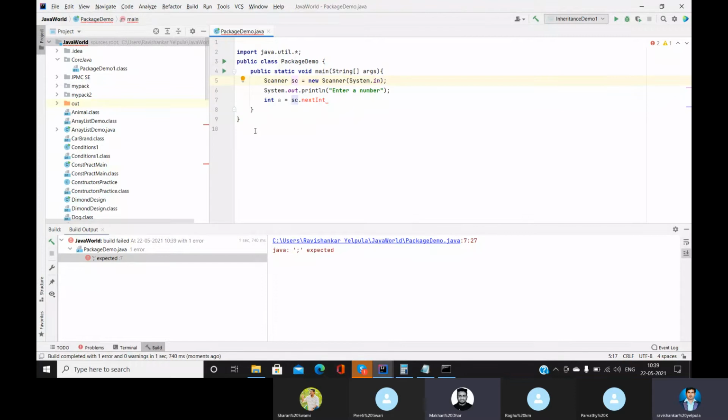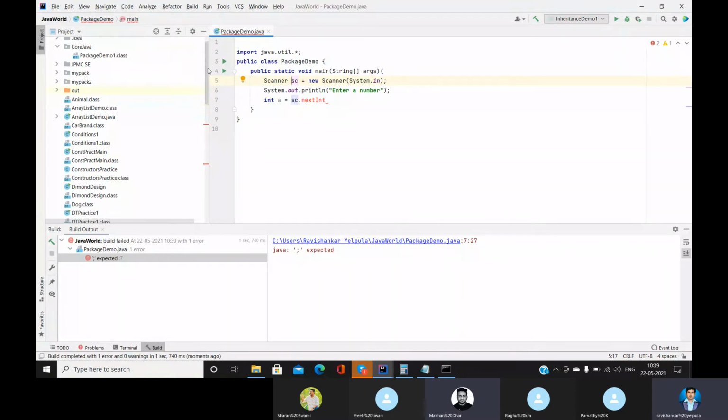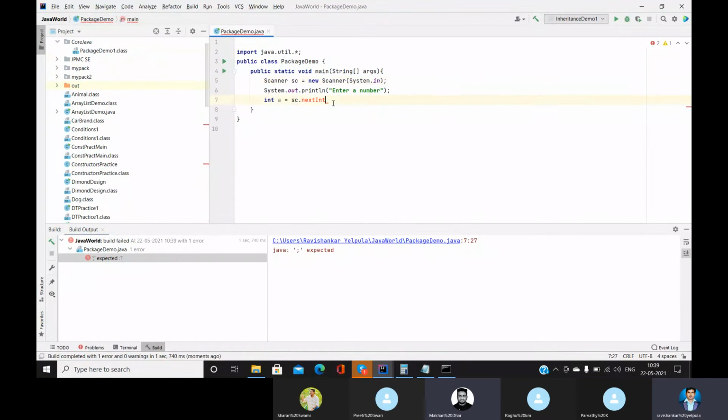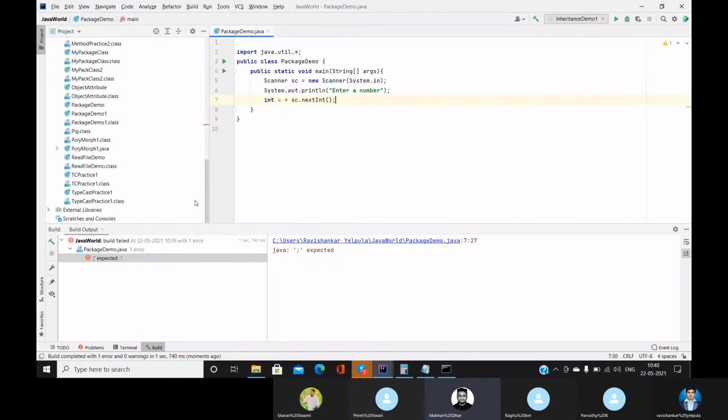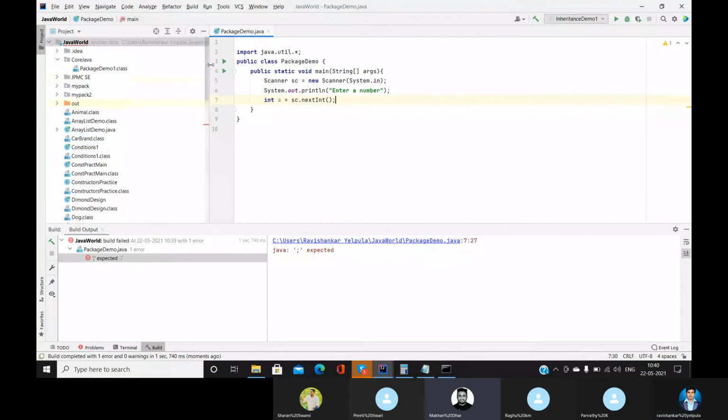You can make the changes to that syntax, put it accurately. I accidentally closed this inheritance demo. Where can I find that? Just open that inheritance demo one.